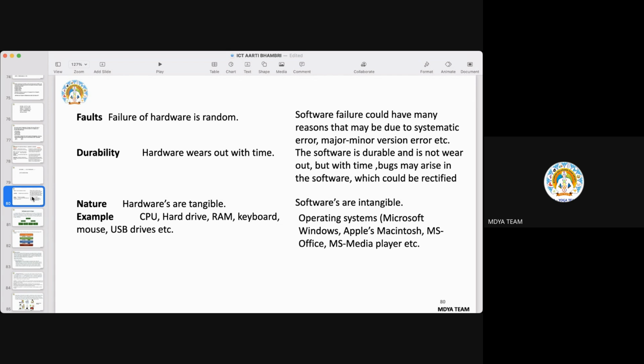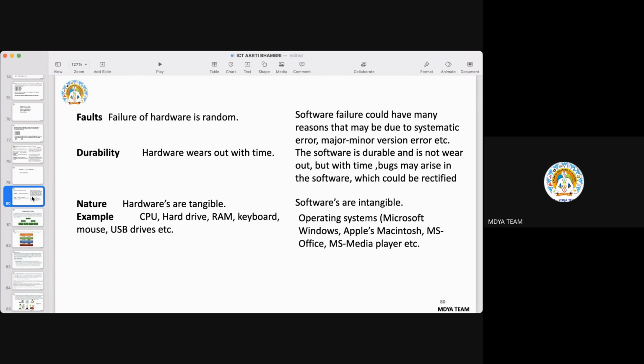So durability: hardware wears out, of course, it is a mechanical part, and so it may wear out after some time, you can say, it depends. But with time, its functionality may deteriorate. Like we can see the mechanical system has a life of say 10 years or 15 years, but electronic parts deteriorate faster. So the durability of software is, in that sense, somewhat more,